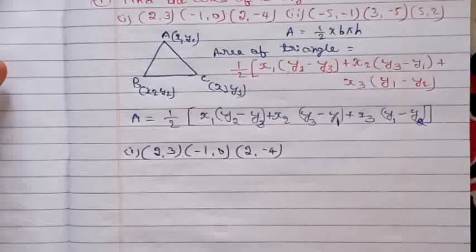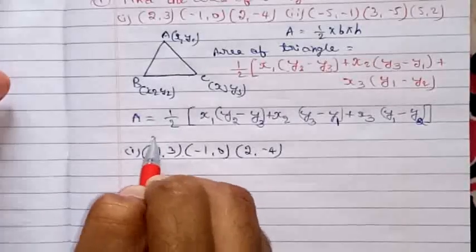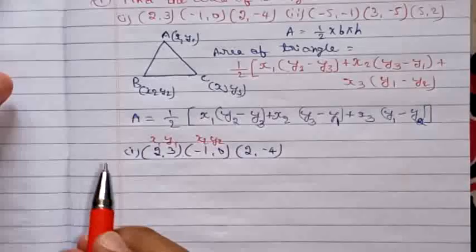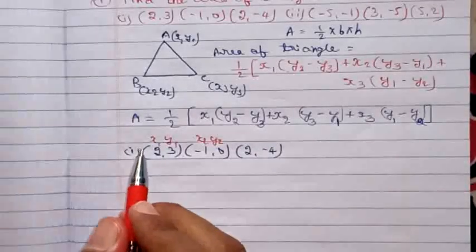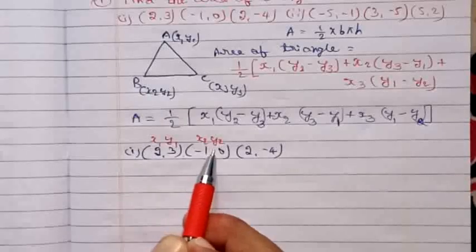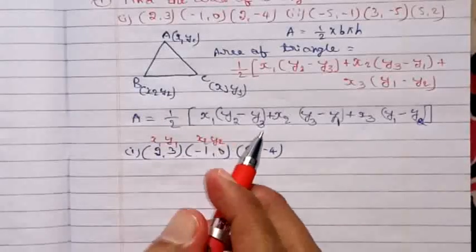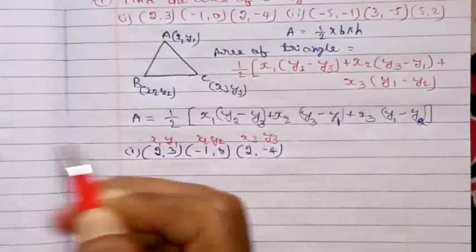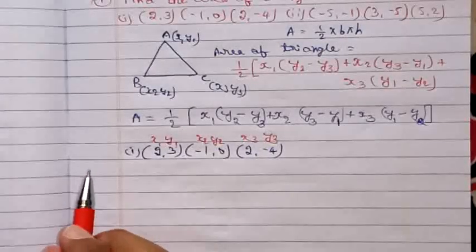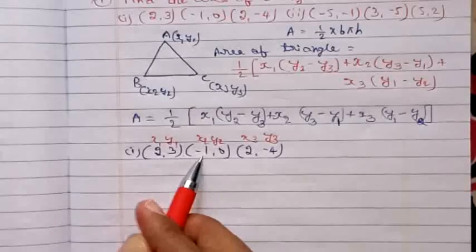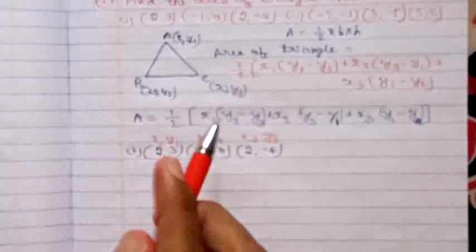For this, as usual, you need to write the first point as x1 y1 and the second one as x2 y2, as you do for the distance formula. In the distance formula you write only two pairs, x1 y1 and x2 y2. For the area of a triangle you write another one, which you call x3 y3. That's it. Afterwards you apply the values to the formula and simplify it.